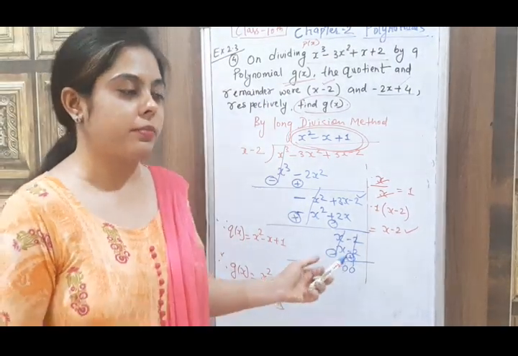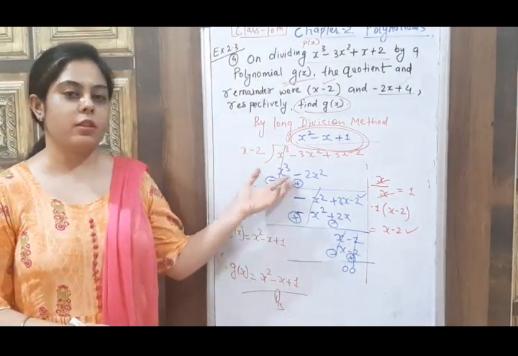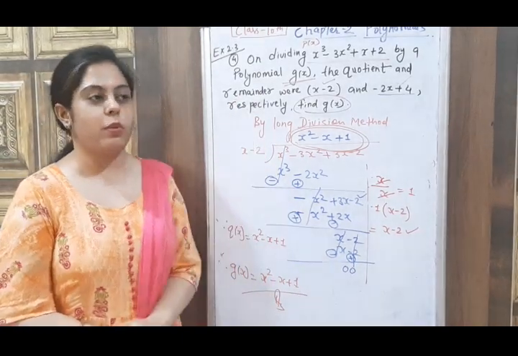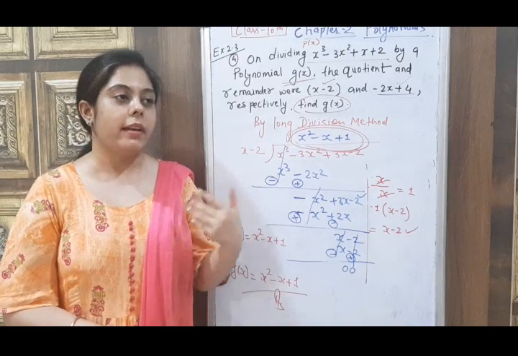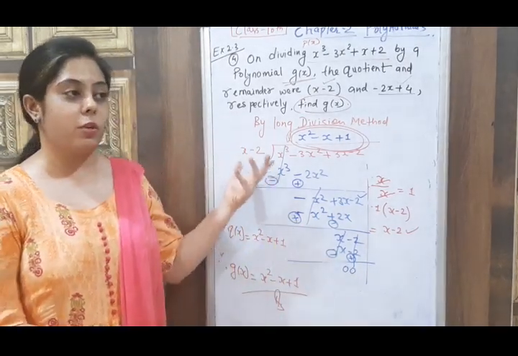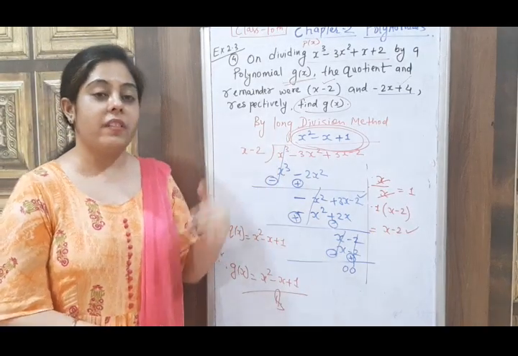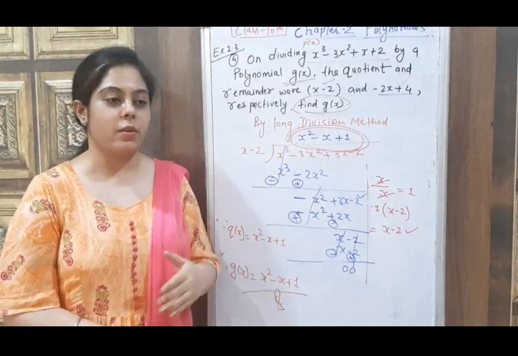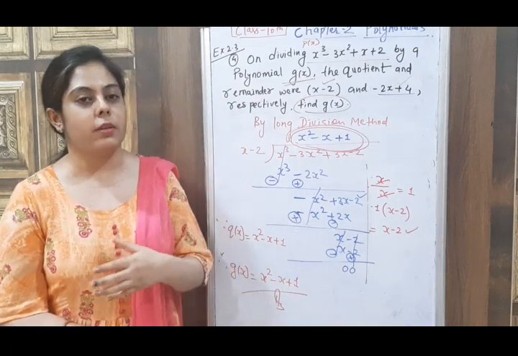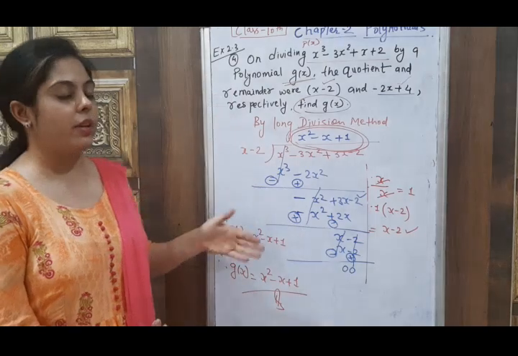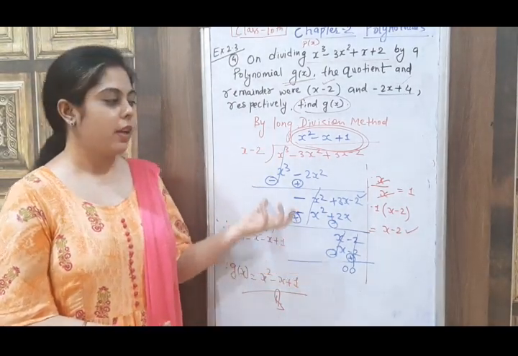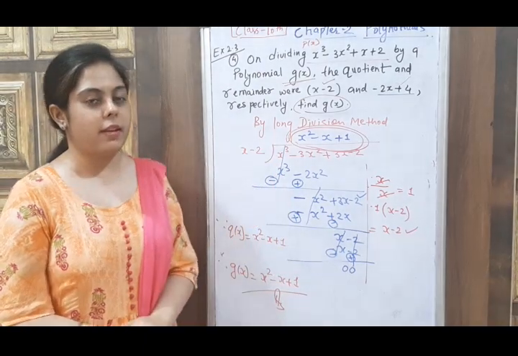Okay, now hope you have understood this solution, and the fifth number question of the same exercise 2.3 I am giving you as a homework, and that question you just practice, and if you are getting any problem in any of the question of this exercise or previous exercise, so just you ask your doubts. You note down all your doubts in a copy in your notebook and ask your doubts. So this exercise 2.3 is completed. Hope you have understood this class, these questions, and thank you.